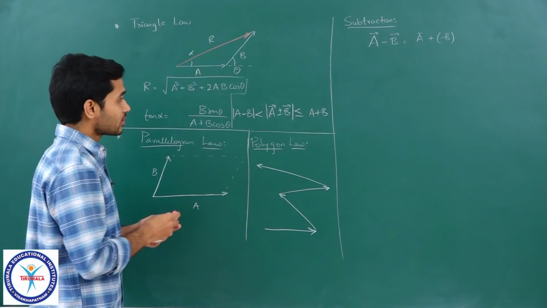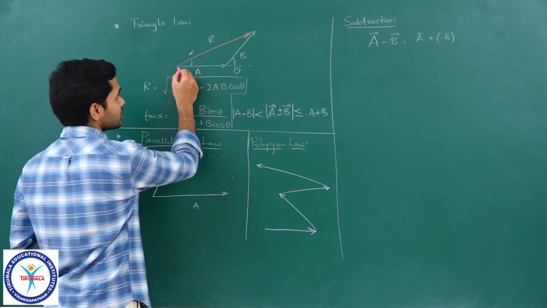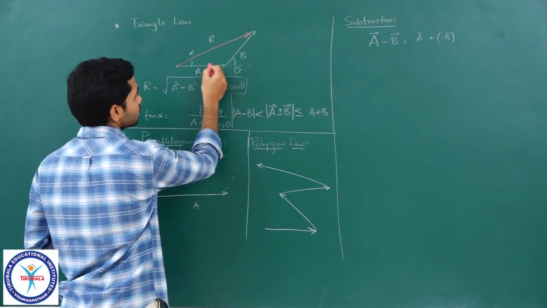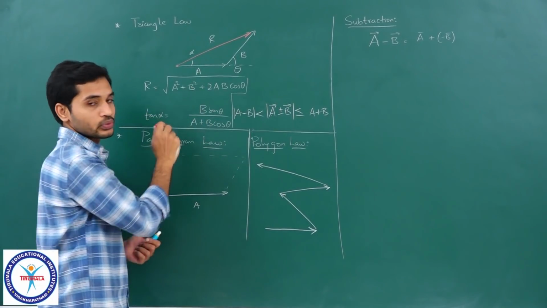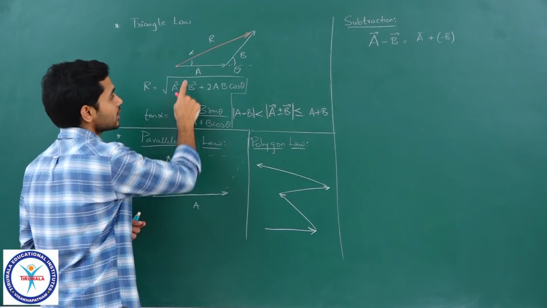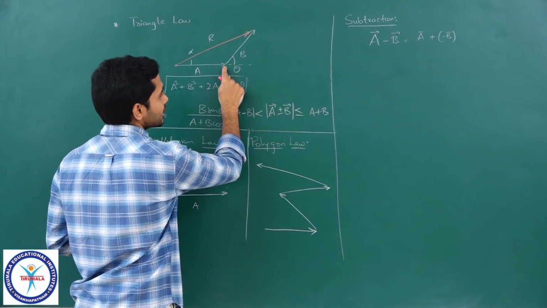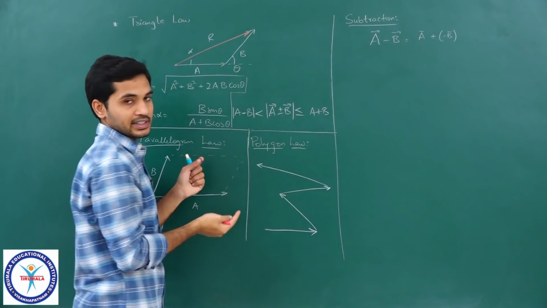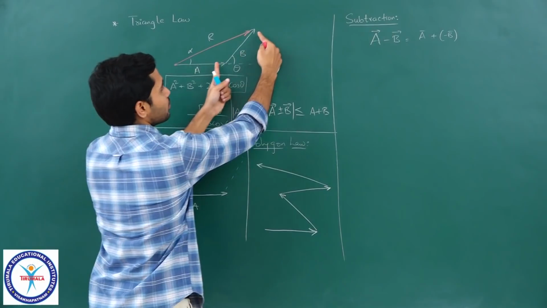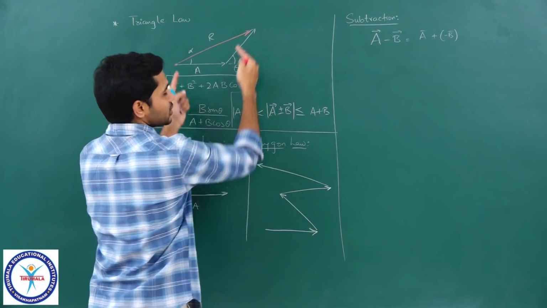So, we can say that whenever we have two vectors joined head to tail, you can just understand it in terms of displacement, right. That is what I told you to correlate it with. If you move from here to here and then from here to here, you have effectively moved from here to here. So, that would be the resultant. So, this displacement plus this displacement should be equal to this displacement.